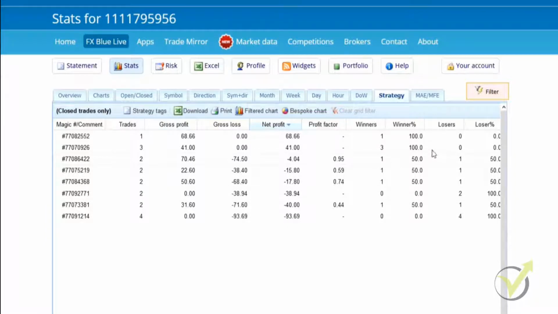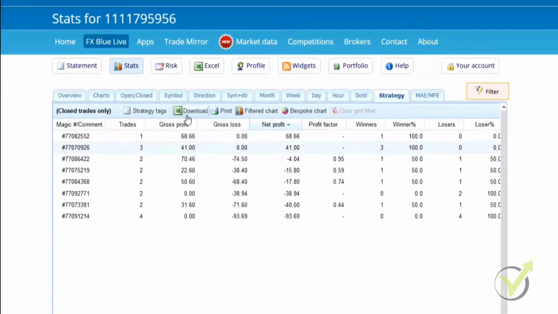Let's check what the profit factor is. Sorry, there is another one here at the bottom, 4, but because it's right at the bottom, I can see immediately that the gross profit is 0, gross loss is 93, so that's a losing expert advisor. So I'm going to just check what this one here is. The profit factor on this is perfect. So as you can see, if it's got a line like that, it means that it is perfect. And as you can see, we've got a gross profit of 41 and 0 loss. So this will be a good expert advisor.